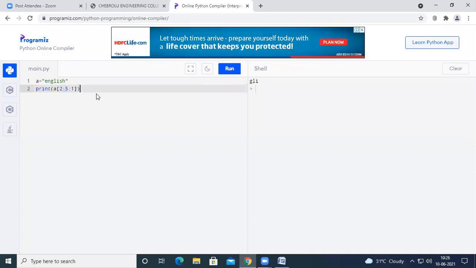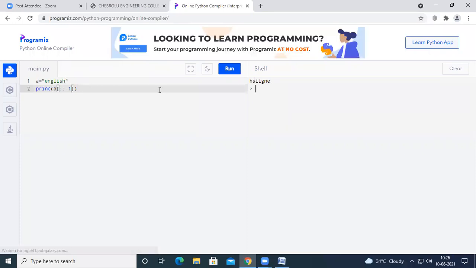Similarly, if you want to print the reverse order of that string, take the begin value and the end value as empty, and instead of positive 1, use negative 1 as the step. Then you get the reverse order of the given string. You can see here ENGLISH becomes HSILGNE. The entire string has been reversed by using -1 at the step. In today's session, we are going to look at some more string handling methods in Python.